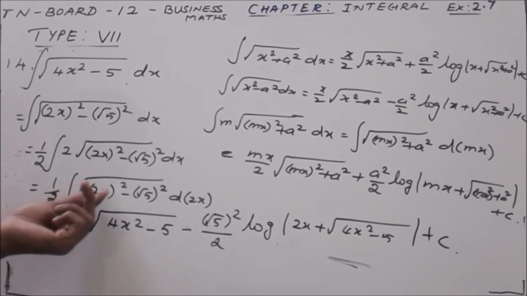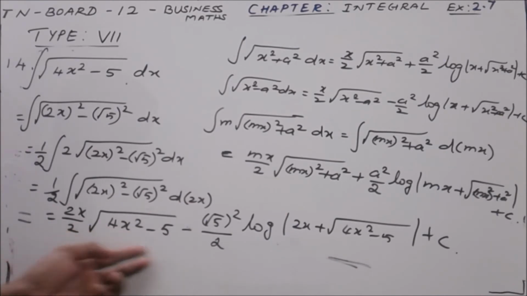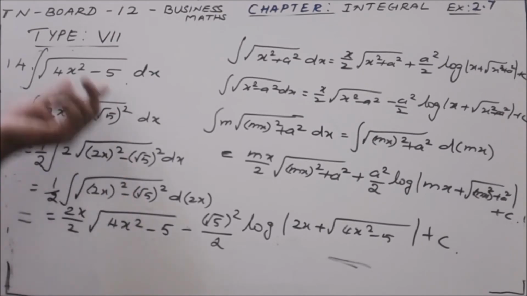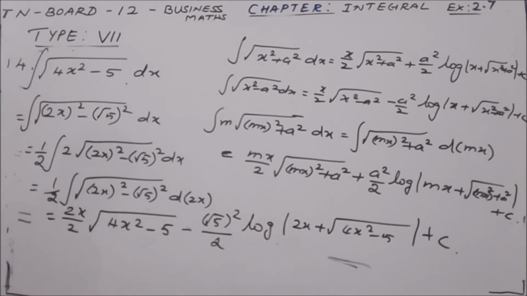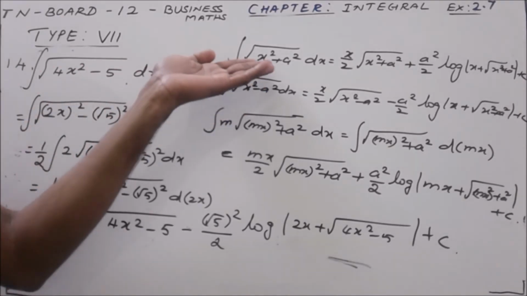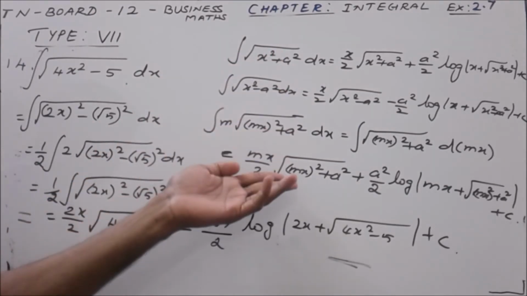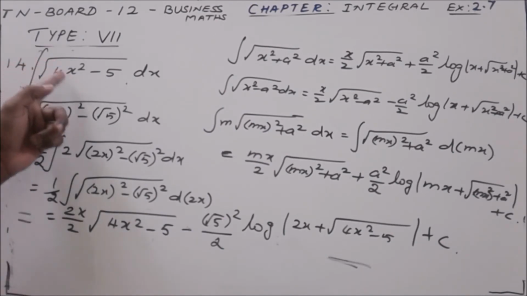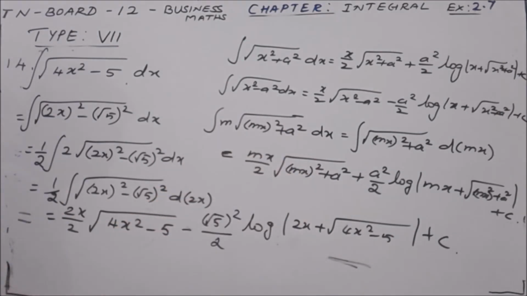Either you can write (2x) whole square minus (root 5) whole square, and then you can simplify one more step, you will get this answer. Or directly we can go with 4x² minus 5 here. Both will be equal only. So this is easy to complete. Whenever you write this type of formulas, after writing this formula, you should include the m type of formulas also. Whenever the constant appears other than 1 with the x², we can go with this type of formula, that is easy to substitute.